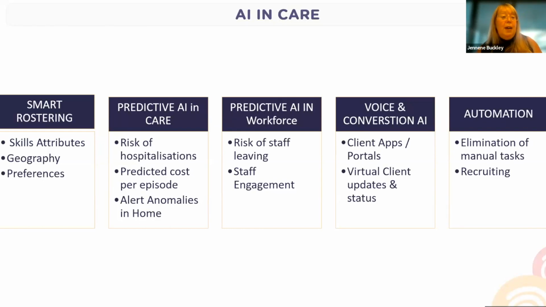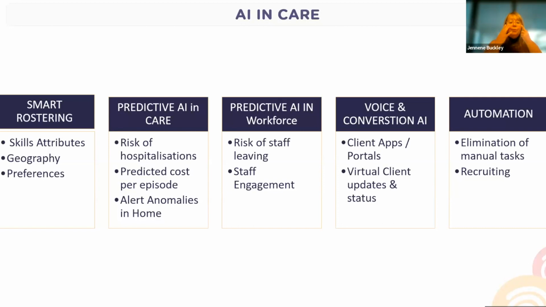Firstly, and importantly in home care, particularly for viability, service continuity and client experience, is smart rostering and logistics. The ability to use AI to very efficiently and effectively match older people, consumers or clients with the workers that have the appropriate skills, knowledge and experience to provide the care and preferences of the care that person needs in the community. Also, being able to logistically make very efficient operating runs for staff members going from house to house to ensure that the services are very efficient when